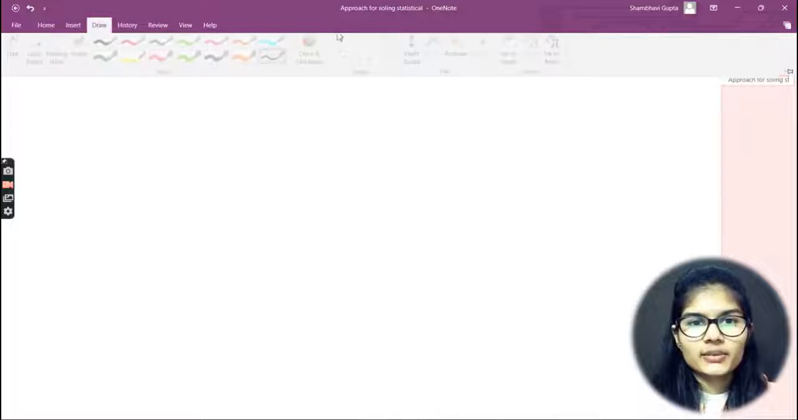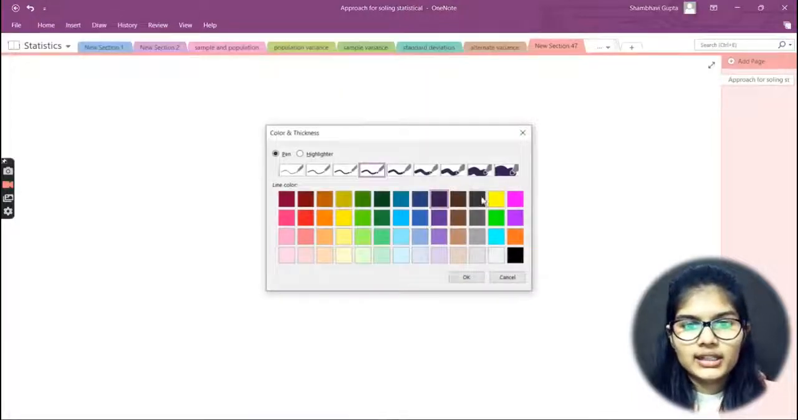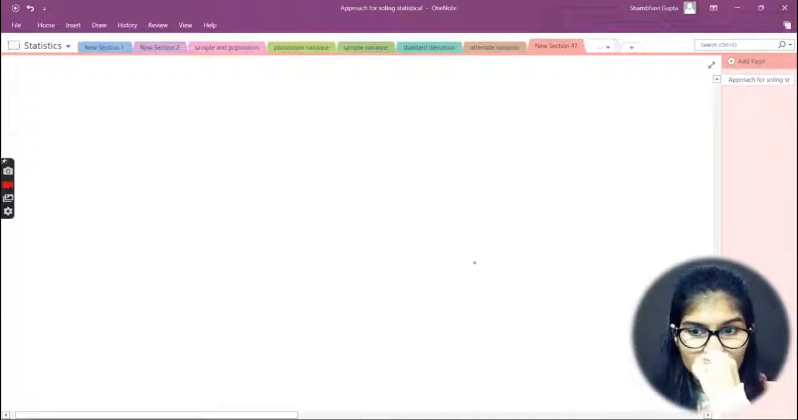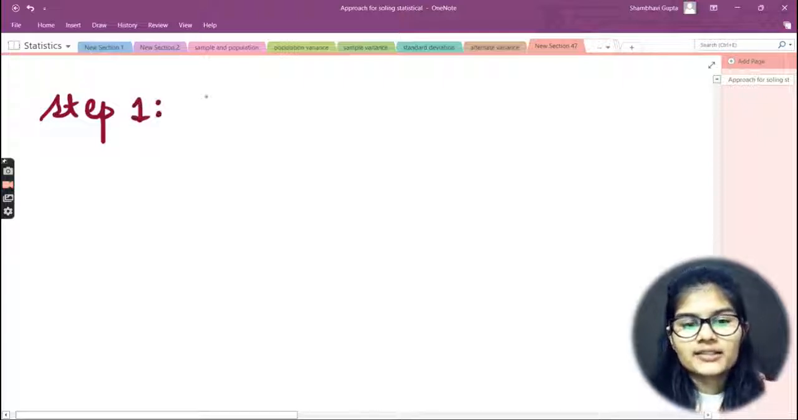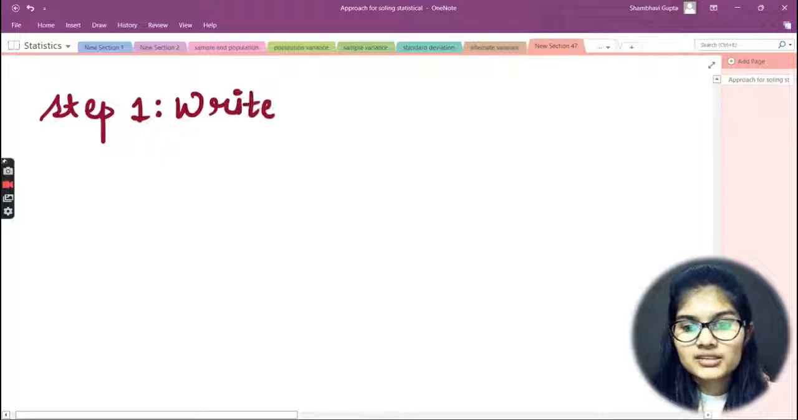Let me just quickly take up a new color here, and now let me proceed with the writing. So my very first step, step 1, goes like this. First of all, what do you have to do for approaching a statistical problem? You have to write your hypothesis,